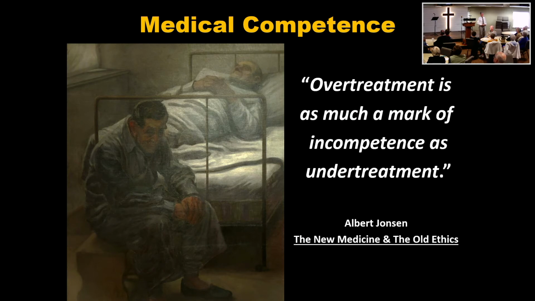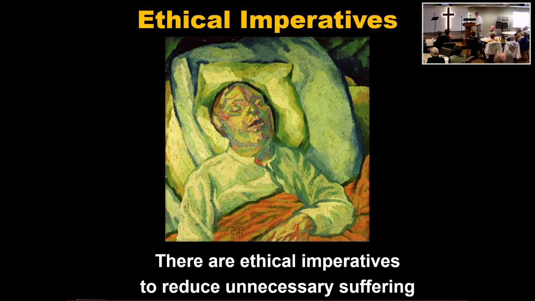And so Albert Johnson died this year. He was an ex-monk who became an academic, but he wrote wonderful stuff about bioethics. And so overtreatment is actually a sign of incompetence. I know that for a living because when I worked in the ICU, who washes up in the ICU? People who have catastrophic illnesses and people who've been overtreated. And the thing is, once they get in the ICU, it's my problem. I'm the attending doctor. I get to make decisions. So, overtreatment is bad.